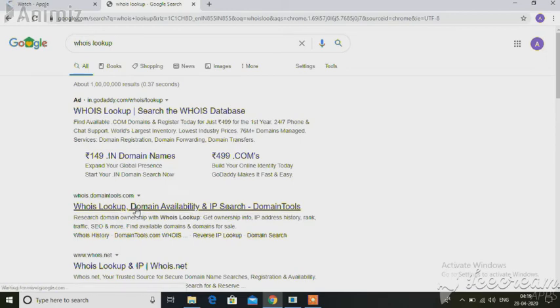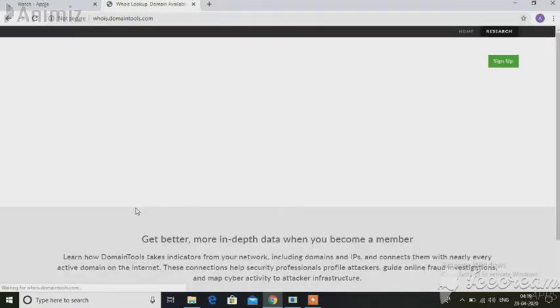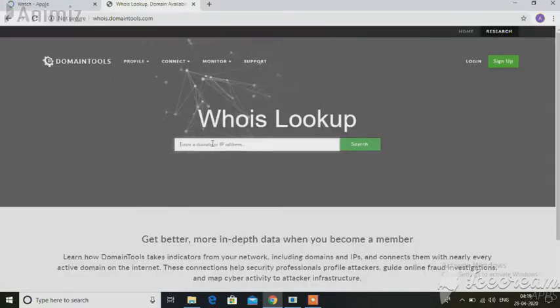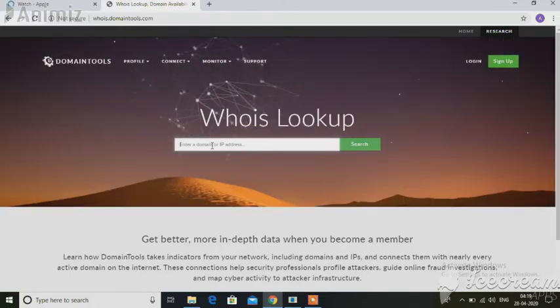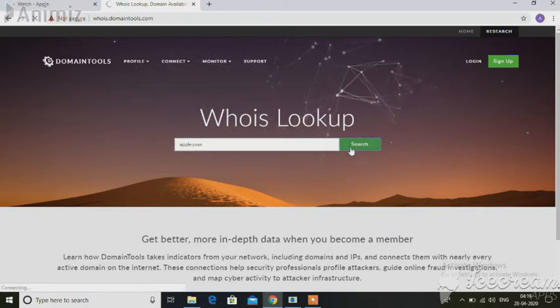Now come to the link whois.domaintools.com, and in the website enter the domain for which you want to gain IP addresses and domain list. I want to check about apple.com. So go for it and search.